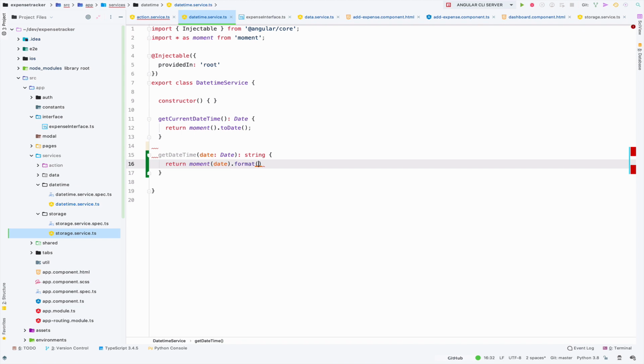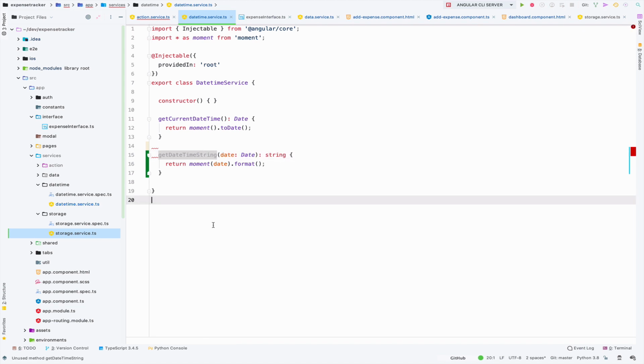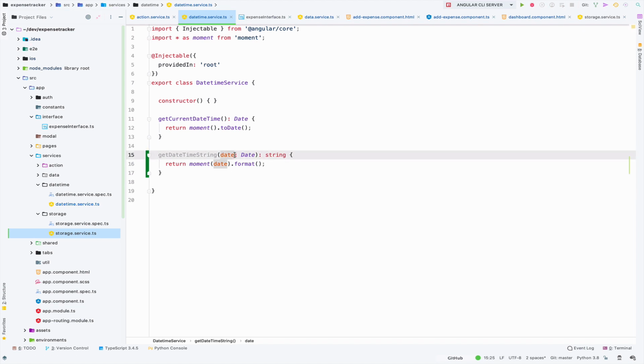It will format that as well for me. Okay, now it says get the time, and we can just say string, and this could be an optional. So if there is no date, then we should create a date, otherwise get the current date and time in ISO. So get current,